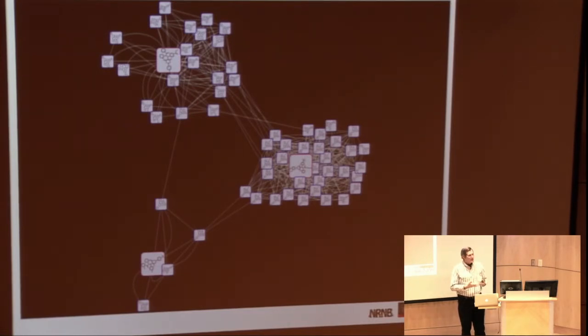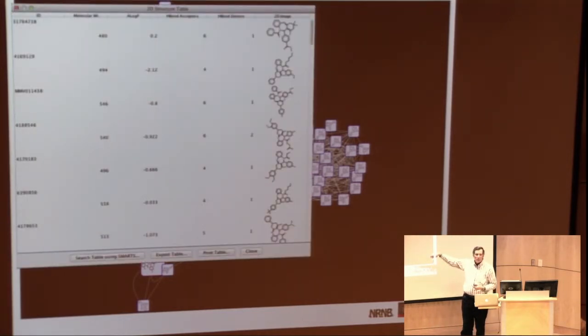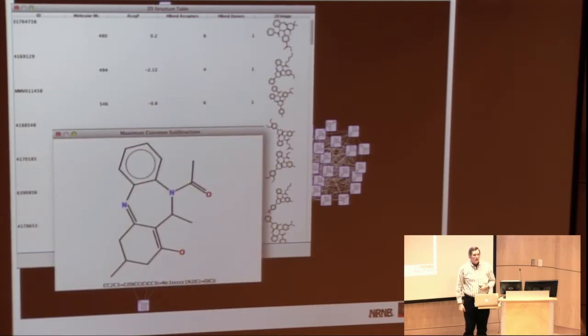But if you're a cheminformaticist, that's not enough. This is great, but that's not enough. What you really want to be able to do in addition is bring up all of your chemical descriptors in a table. This table needs to be linked to the nodes so I can see all the similarity. And I want to be able to calculate things like the maximum common substructure so I can begin figuring out and start doing lead refinement. All of that helps, and I can hang it off of a network. That network gives me a lot of power to move forward.